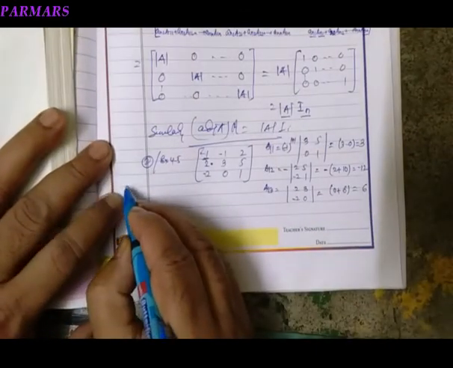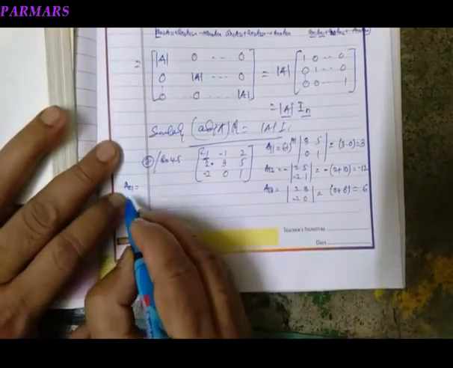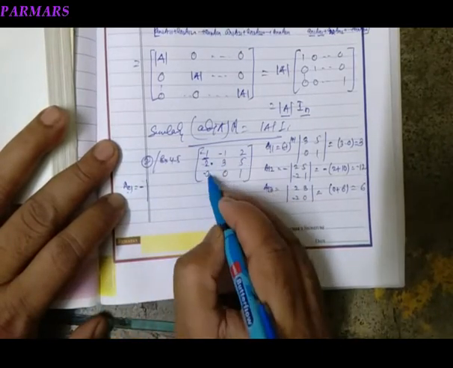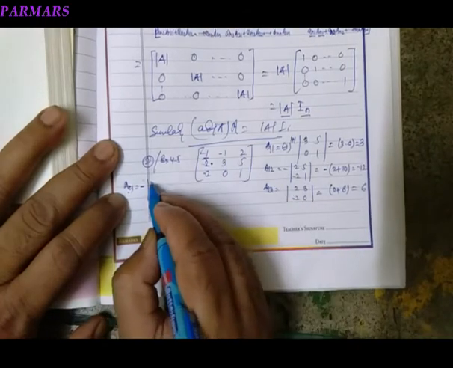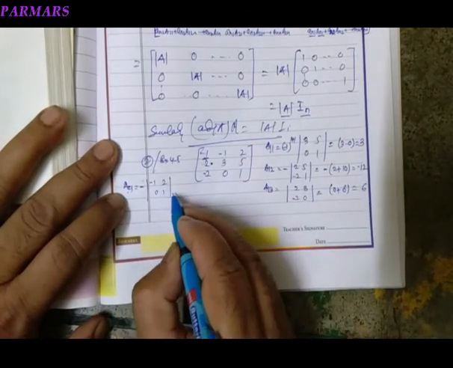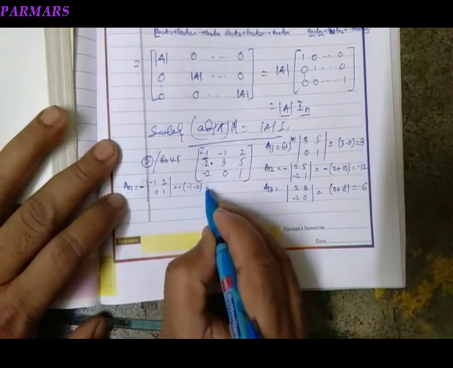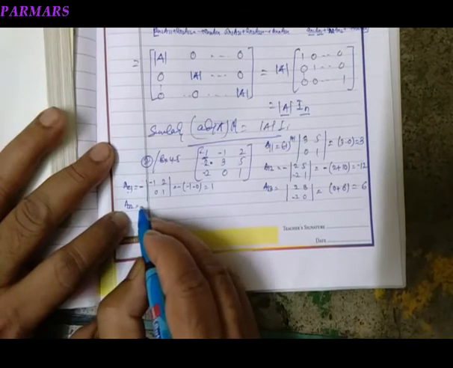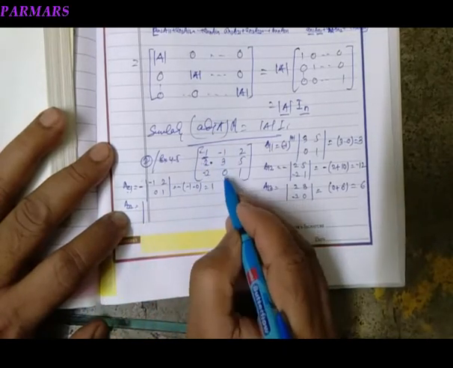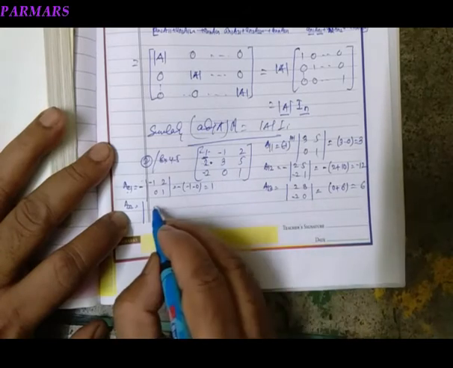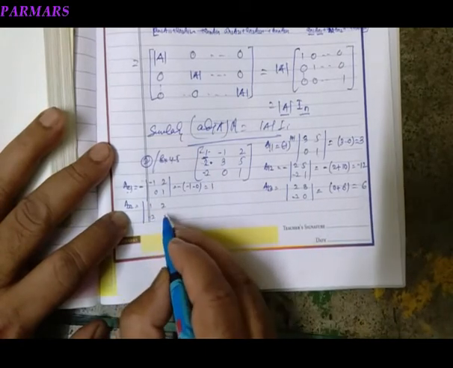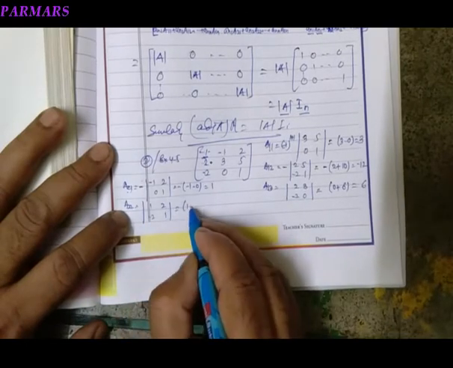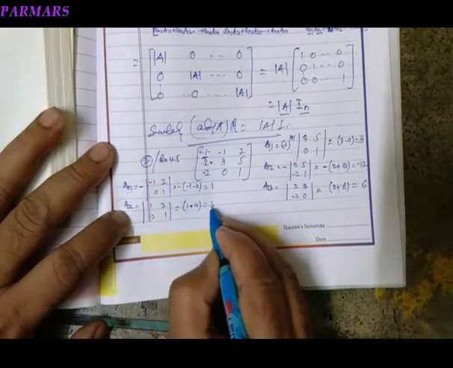तो रो 1 का हमने कोफैक्टर्स निकाल लिया. अब चलते हैं रो 2 का निकालते हैं. A21 सम इज ऑड, सो माइनस. सेकेंड रो और फर्स्ट कॉलम हटाइए, माइनस 1 2 0 1. So you will get minus of minus 1 minus 0, that is plus 1. What is A22? Even है दोनों का सम, so plus. Second row, second column, 1 2 minus 2 1. So the answer is 1 minus 4, and minus 2 यहाँ लगा रहा था, plus 4, it's 5.